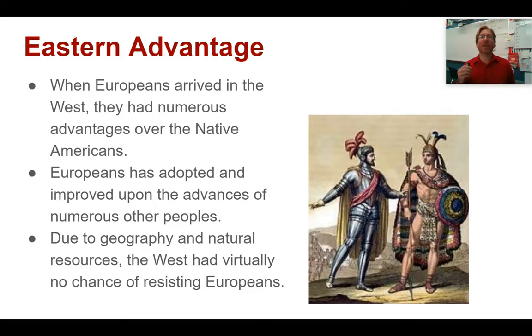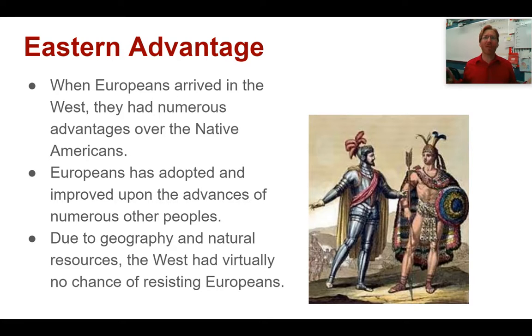The Europeans have come from a different world with different connections and a list of advantages that would overcome the greatest of Native American opposition. Not because of any cultural differences or difference in people. We don't want to get racist in here and say that the Europeans conquered because they are superior humans.